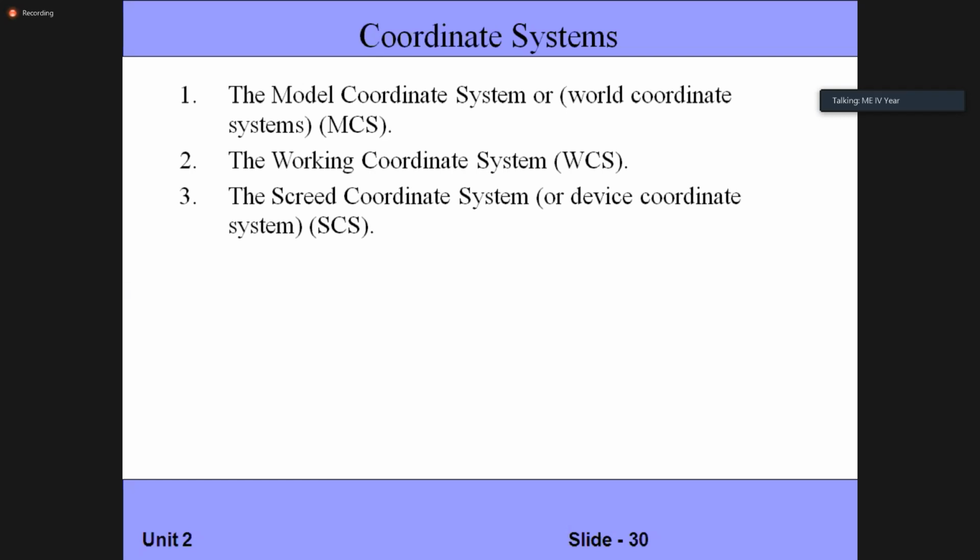That means on your AutoCAD screen, you have an XY origin point, no? So from that point, suppose you want to draw a rectangle of size 100 by 50. From the origin point of the XY coordinate system, what is the first point? Suppose if you take the origin point as 0,0 for the rectangle as well, then it will start drawing from that point only.